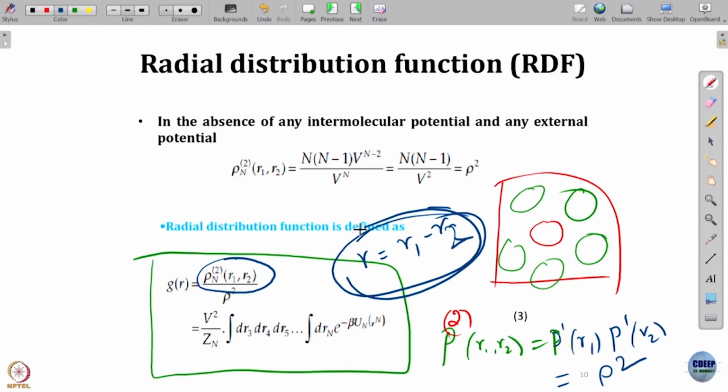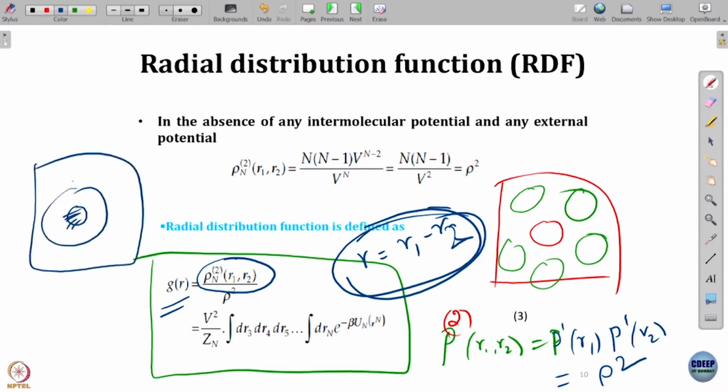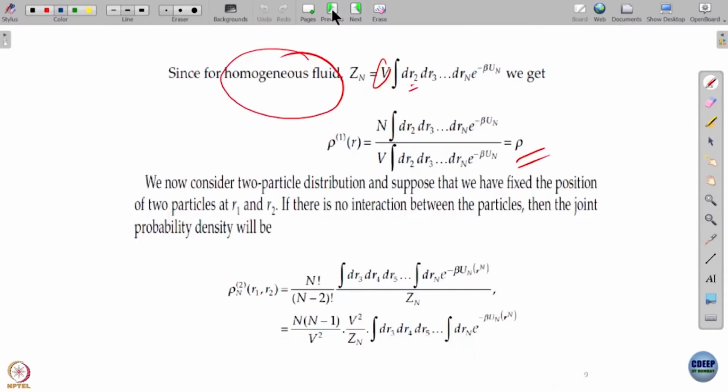So now we have that g(r) is the radial distribution function. Again, I motivated that it is the number of molecules in a shell at a distance r. This gives the g(r), and it is a very pivotal quantity in the theory of liquids. So now go back. We have shown this is rho(r). Now we want to do the two particle distribution, which I just motivated there.